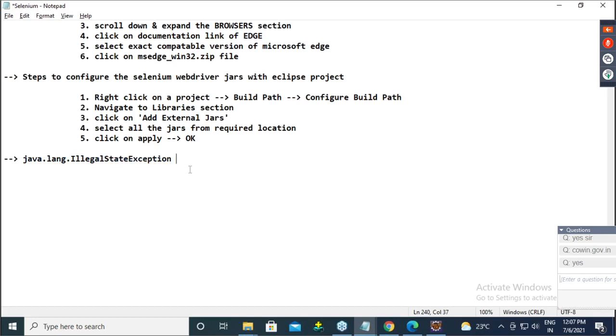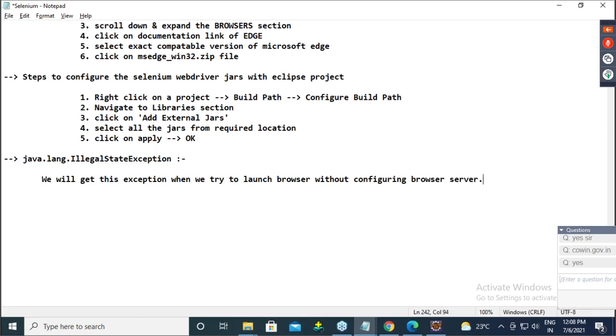Illegal state exception. Okay. So when will we get this, guys? We will get this exception when we try to launch the browser without configuring the browser server.